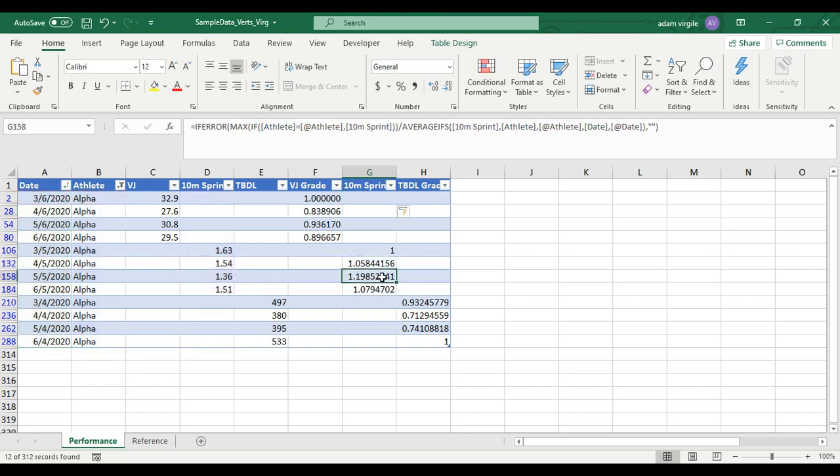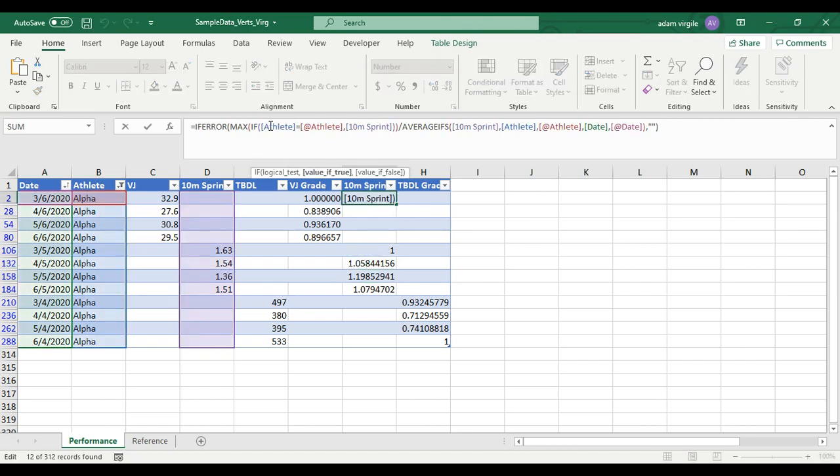And yeah, this doesn't look right, and it's not. But we're just going step by step. So now what you should have is the max and the if stuff that you had before divided by the average ifs. Now the next thing that we're going to do is, when we're doing this, we cannot consider the 10-meter sprint times that are blank. So right here, after this